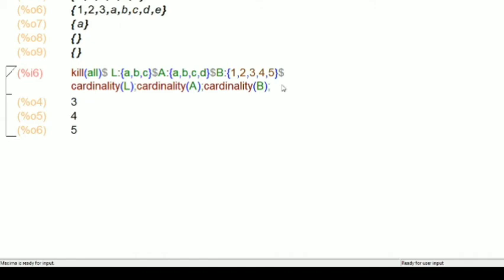The next command is joining an element with a set.